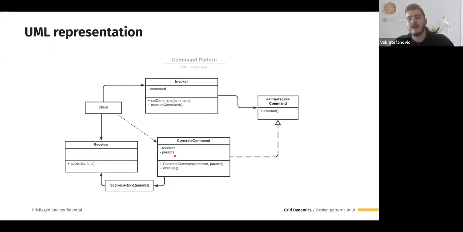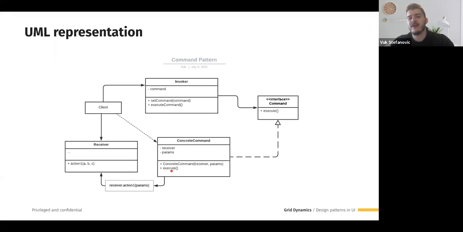And as in our example, the command is passed to the waiter, right? So the waiter in this example would be the invoker. The invoker has a method to actually save the command and then execute it from itself. Once the invoker actually executes the command, it will call the command's execute method, which will